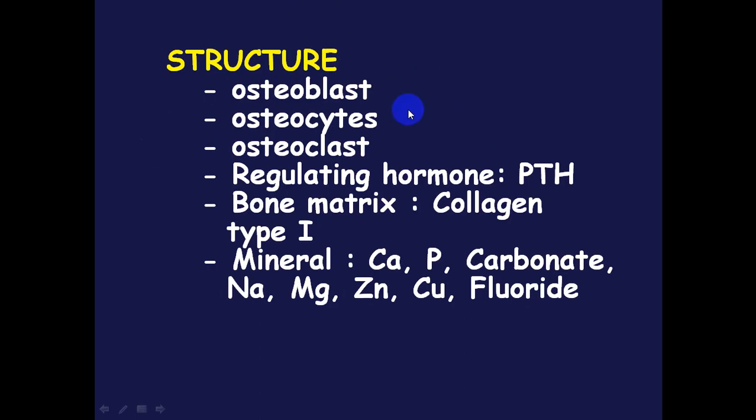The hormones that regulate bone formation are PTH, or parathyroid hormone, and calcitonin. And then the bone matrix. The bone matrix is the part of bone that makes the bone hard. Bone matrix is composed of collagen type 1. The formation of this bone matrix is also regulated by some enzymes or hormones,